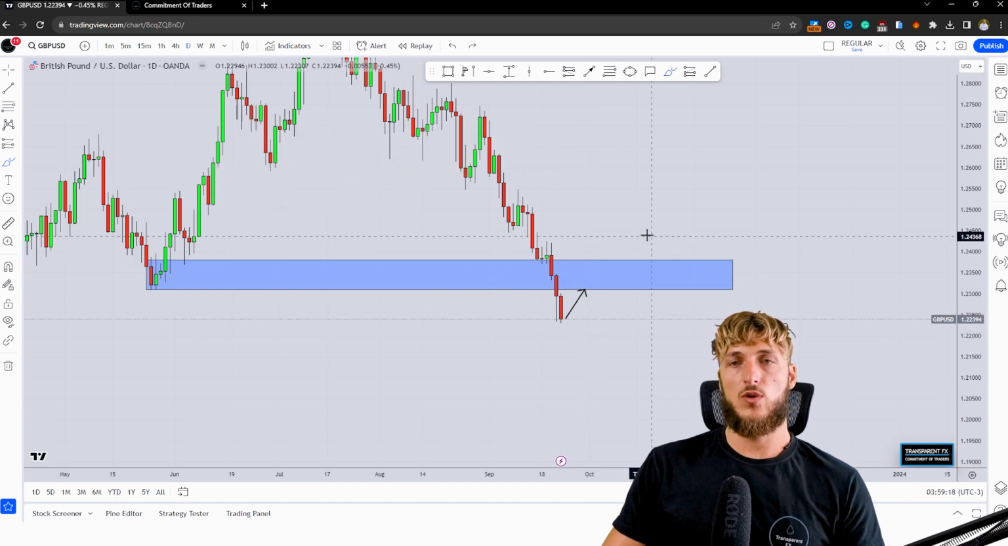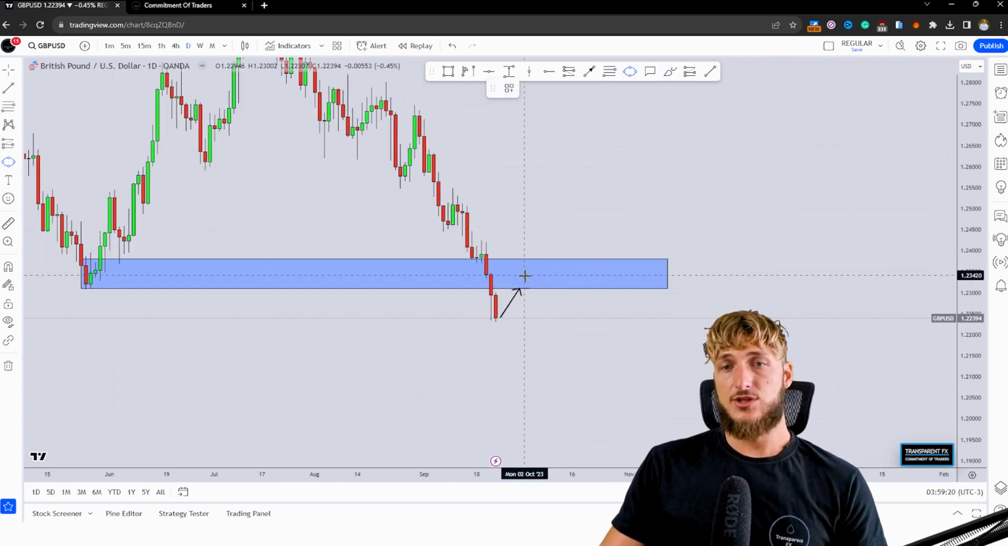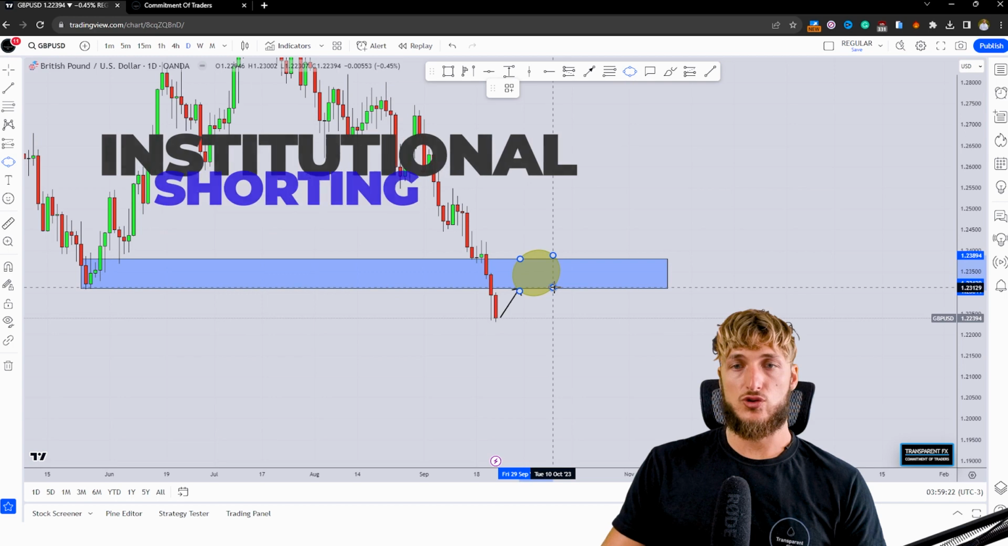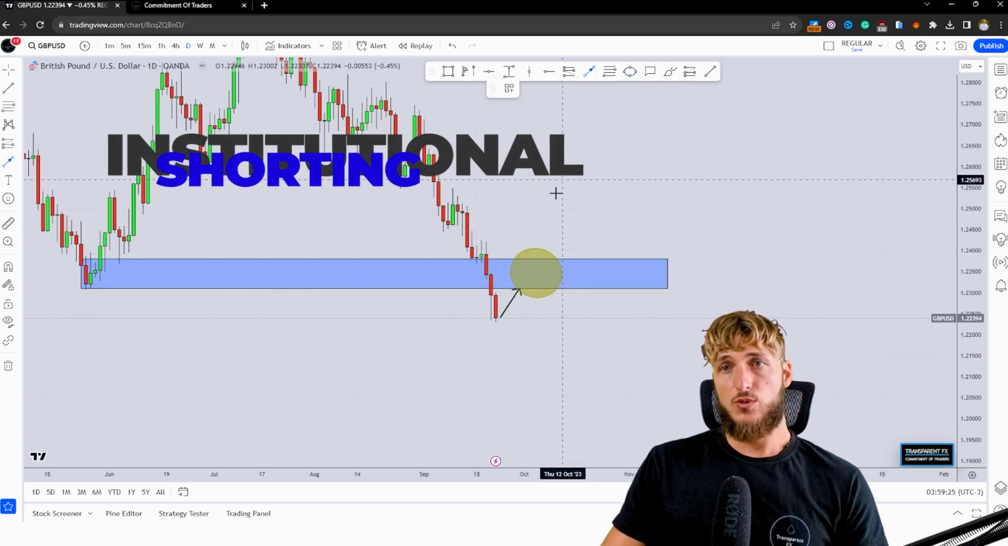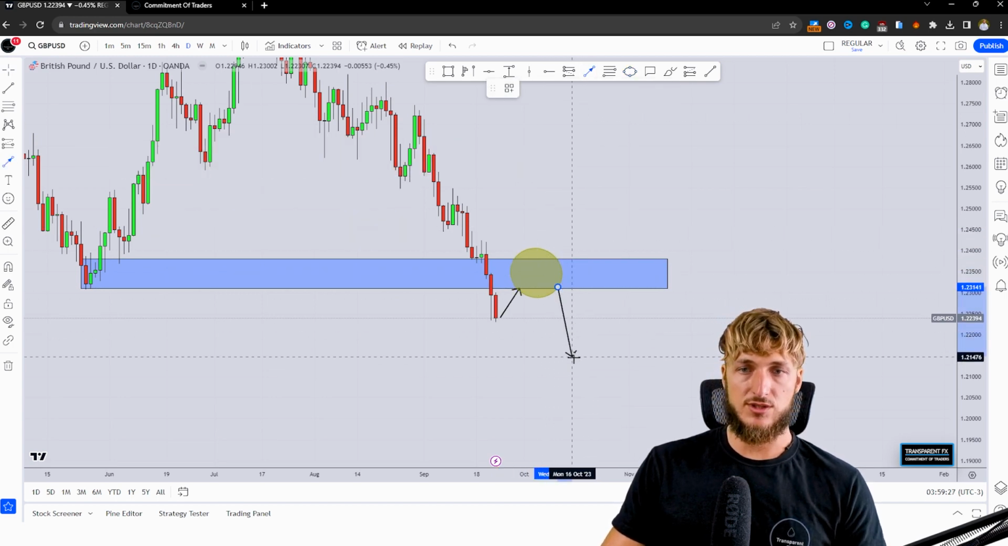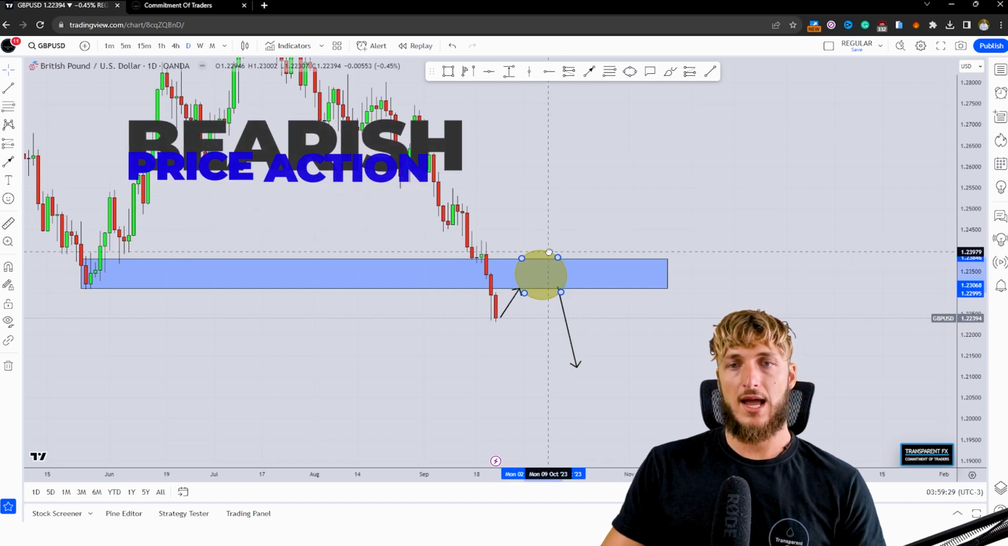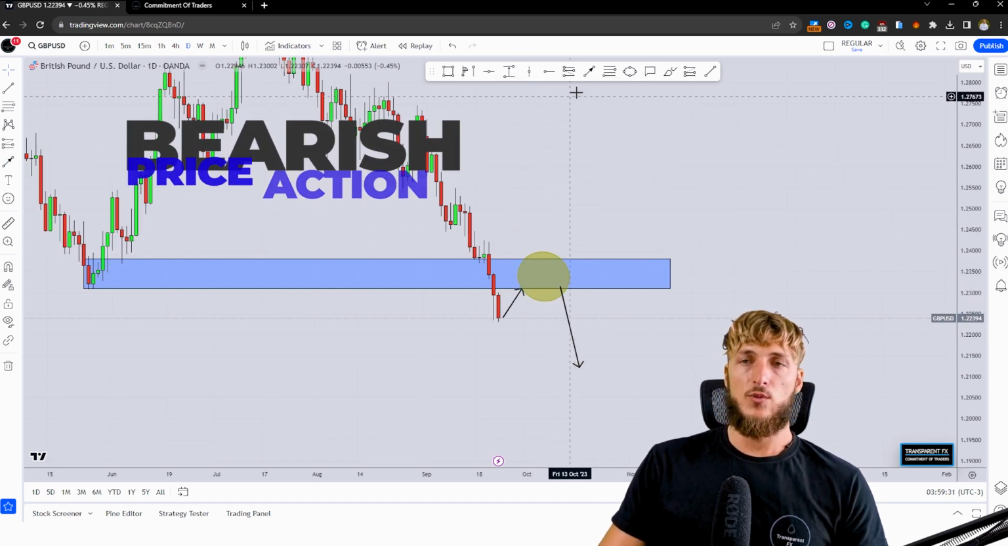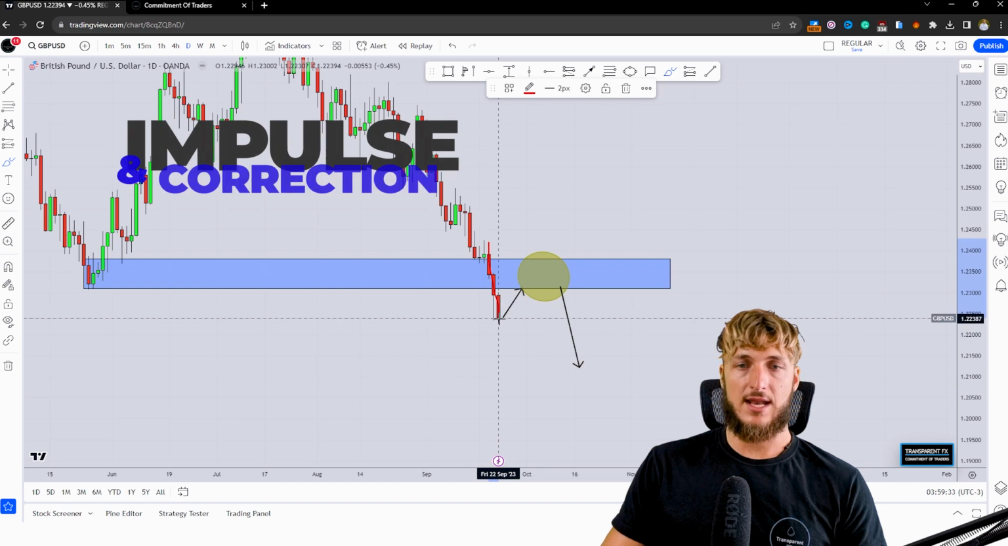So if the market will go and retest this area, there's a good probability to see some institutional shorting inside of the zone, which at that point would further increase the probabilities of a potential move lower away from the area. We can also notice that as we have an impulse and at that point we would have